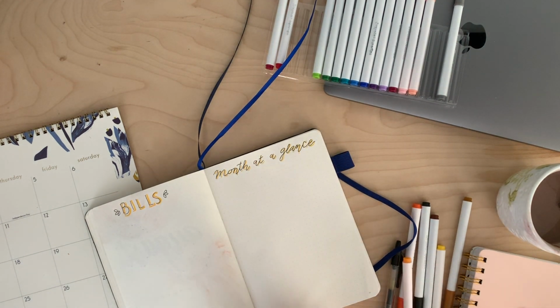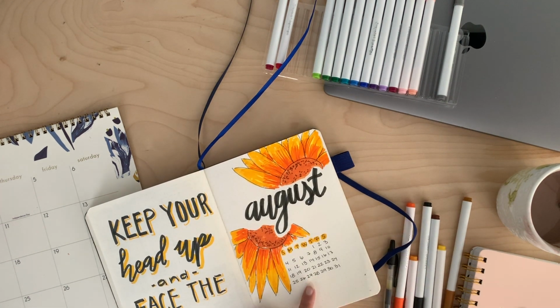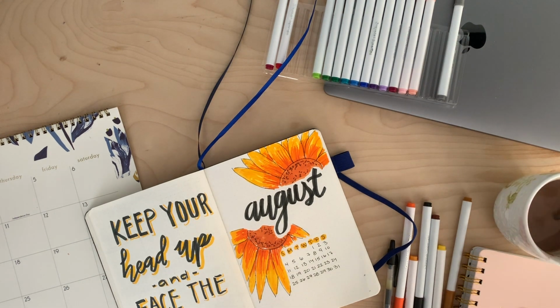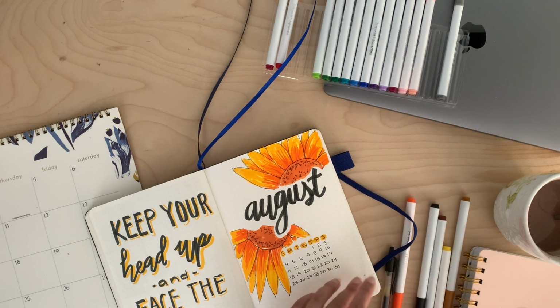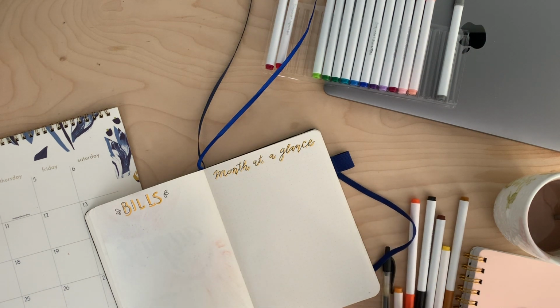Voila, month at a glance. This is really the only time I convert to this one, is when I'm doing my month at a glance, so I can see now what it's going to look like. So taking this orange, this info,